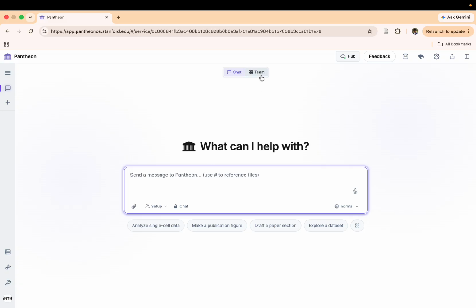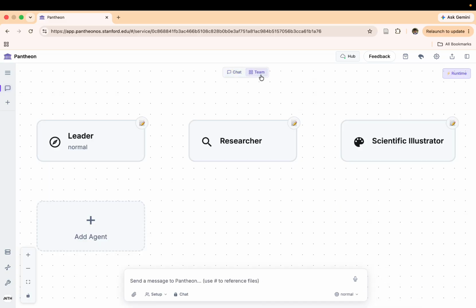As you can see here, when you toggle on to the team panel, this page really just shows the agents that are in your current team that would be doing all of the grunt work and analyzing your data and generating reports. So the default is always a leader that's coordinating between the different agents,